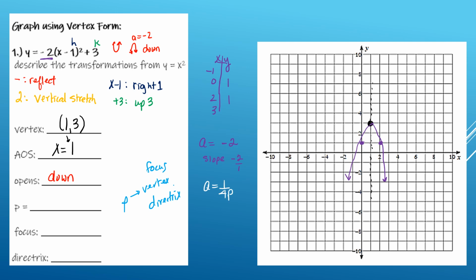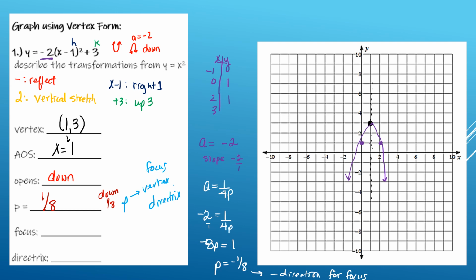I know my a value, that leading coefficient, is -2, so -2 equals 1 over 4p. And if I were to cross multiply and solve, I would get -8p equals 1, so my p-value is -1/8. The negative tells you the direction to go to plot the focus point. So what that is telling me is from the vertex, I need to go down, in this case, because it's a vertical one, 1/8 so that I can plot my